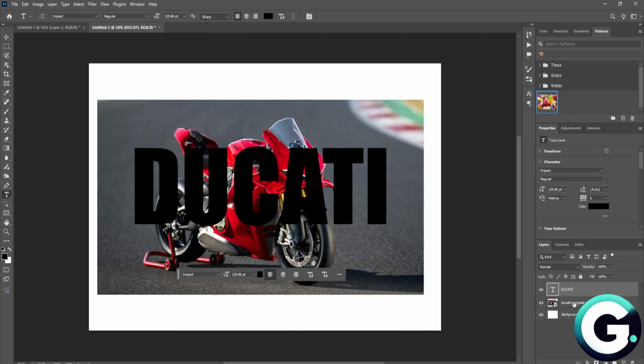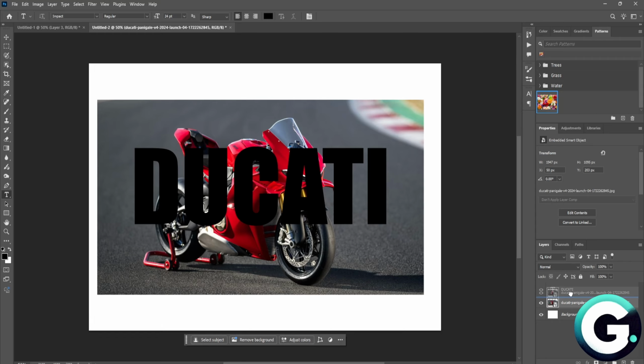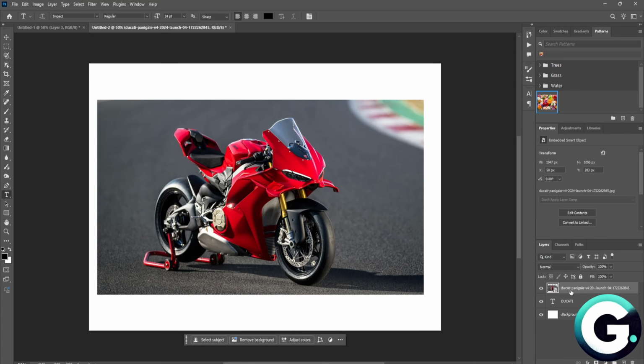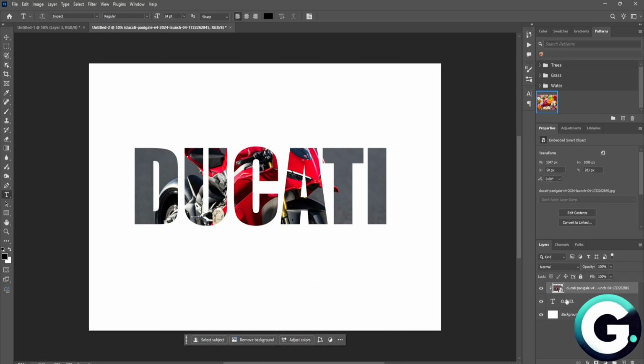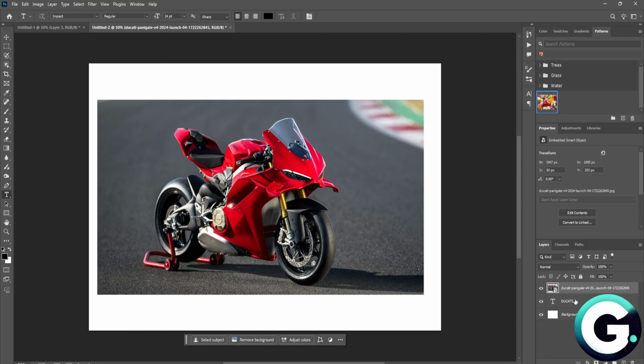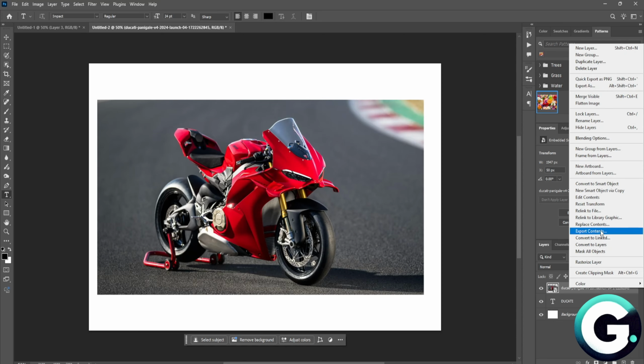Now from here, you then want to make sure that the image layer is above the text itself. And then you can just press Alt on your keyboard. And then when the mouse icon changes, it will allow us to actually clip the text right here. Or you can simply right click on it and then click on the create clipping mask button, which is going to